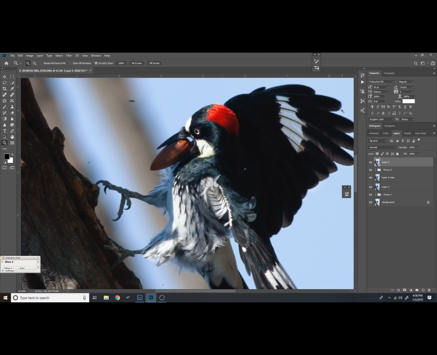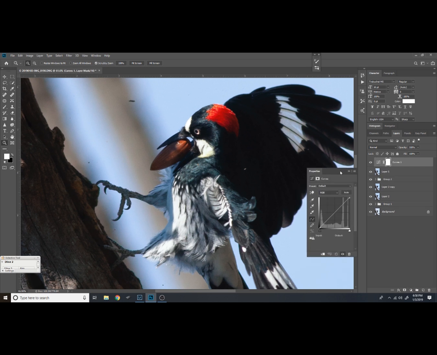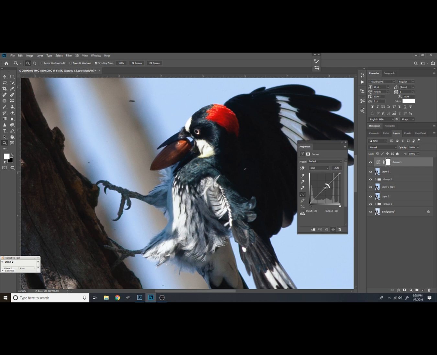So what I'll do is, and I think the fastest way for me to do this part of it would be, let's see, a curves adjustment layer. Let's do a curves adjustment layer and see. There's a few ways you can tackle this. Where's curves? It's in the same spot it was last time. There we go. And I'm just looking at the acorn right here as I slide my